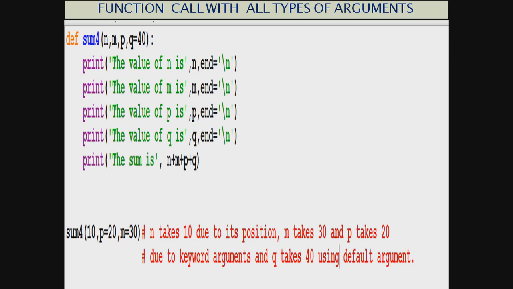So we are using all types of argument system while calling sum4. So students, we can use them as a mixture, no problem in it, except two things that are to be kept in mind. Never give a keyword argument before a positional argument, and never use a default argument at the left before giving the default argument to the right. That is, default argument should always be given from the right to left.